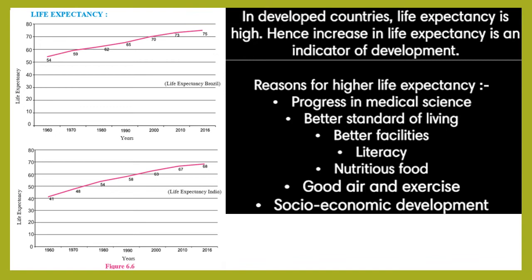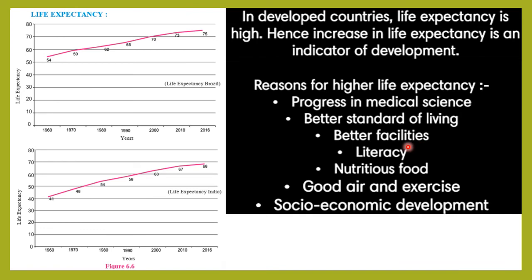Low standard of living, poor facilities, and the surroundings may also not be clean for them. So children in the 0 to 5 years age group die at a very early age. Infant mortality rate is high. Also, as you all know, a better standard of living is required, where we have poverty in India. That is a reason behind it, where only 70 to 80 percent of people have a better standard of living, then better facilities.